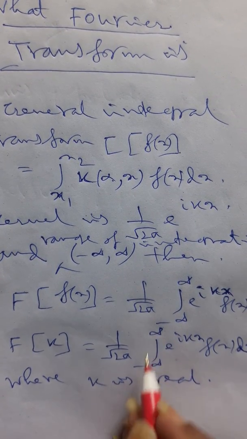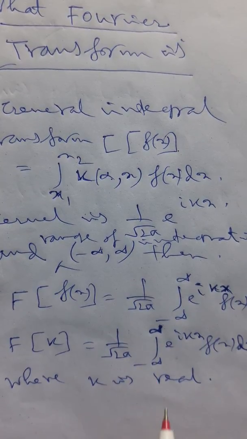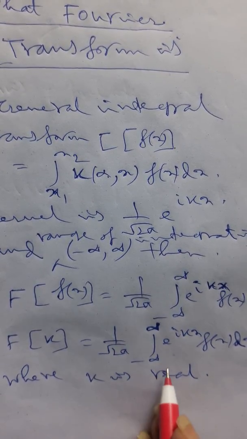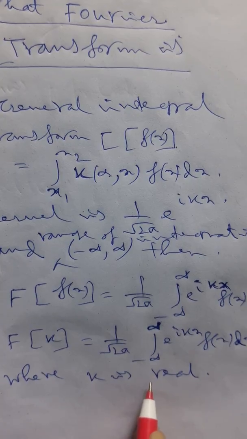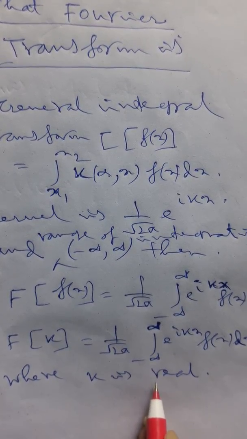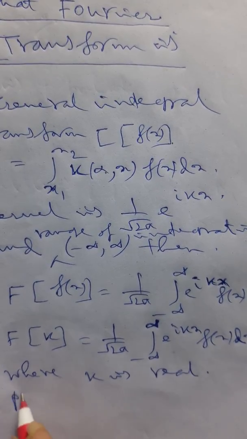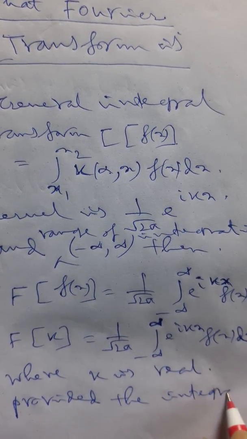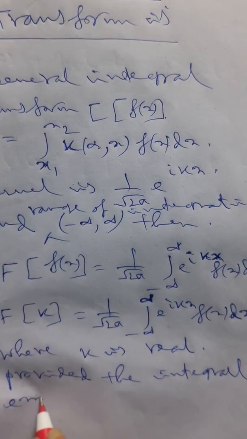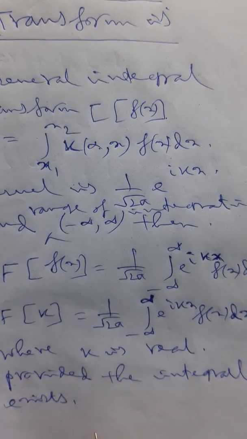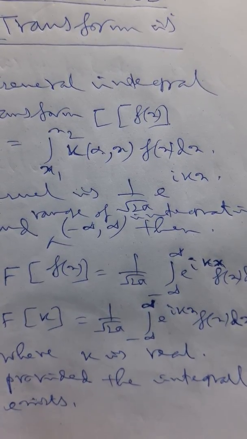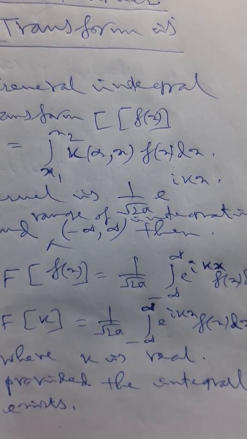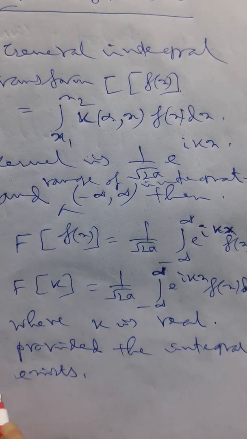Now if we observe this integral, it is an infinite integral, so we must know whether the integral exists or not. But especially in the Fourier transformation, it is provided that the integral exists. That means we assume the integral exists, and if f(x) is integrable in any finite interval, then since the integral exists, then f(x),